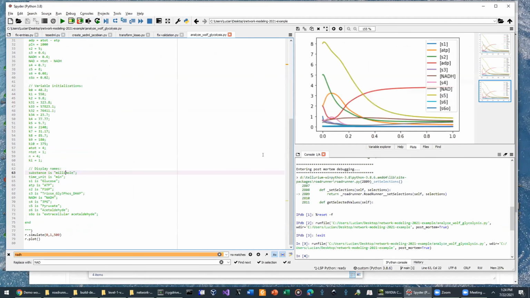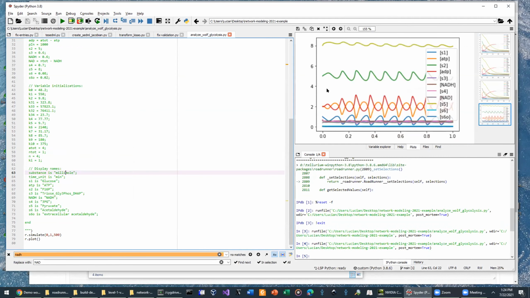And then this is Spider here. This is the collapsed version of things. And if I hit run, now that it's 48.2, now it's oscillating again. So